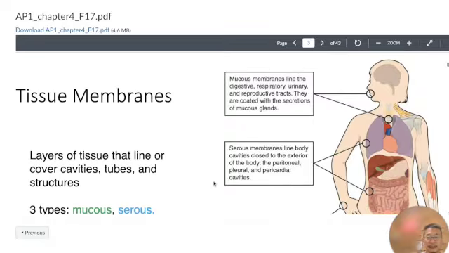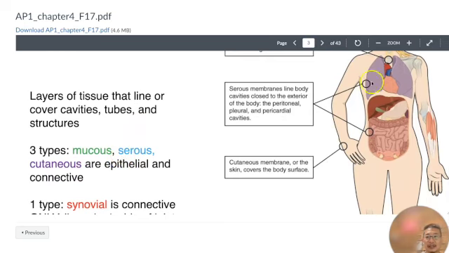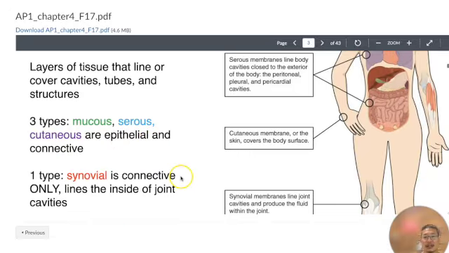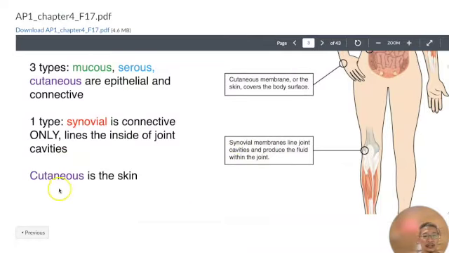Tissue membranes. Membrane, remember we talked about one of them already, the serous membrane. Talked about covering the organs with it. Okay, there are 3 types: mucous membrane, serous membrane, and cutaneous. We're going to talk about each one of them in the next several slides. There's one type of synovial membrane which covers joints only. Synovial membrane lines the joint, and it makes a fluid so that joints don't rub against each other. Okay, these are called synovial fluids. Comes from the name synovial. And cutaneous come up here. One of them is for the skin. Okay,